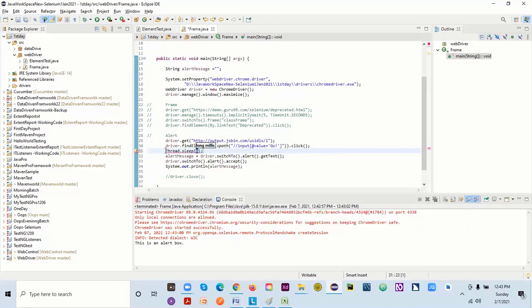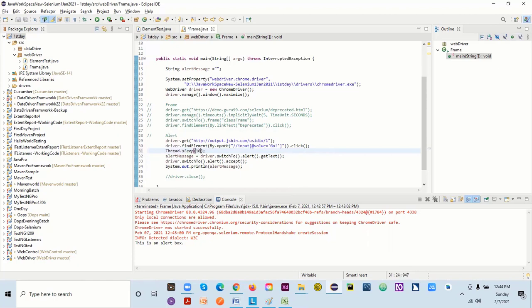So yesterday we discussed that there's one more wait we have. That's hard coded. If I give, let's say, 5 here, it will give you an error, so let me add my throws exception here. If I've given 5 seconds here, even if your application is open, it will wait for 5 seconds.